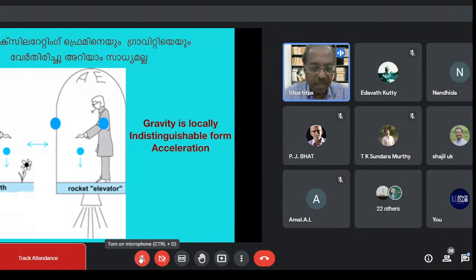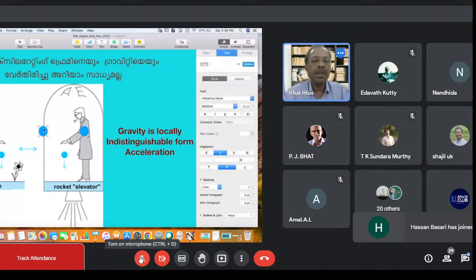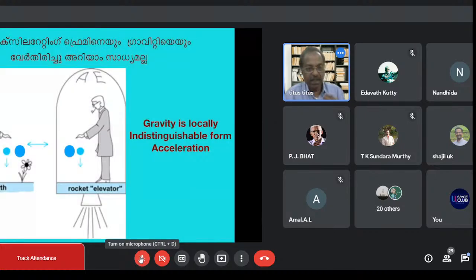I hope you have seen the screen. Okay. So what we have done here, that figure is slightly distorted. May I make a correction slightly in just a few seconds? Okay, now it is okay. All right, fine. Now it's fine. So